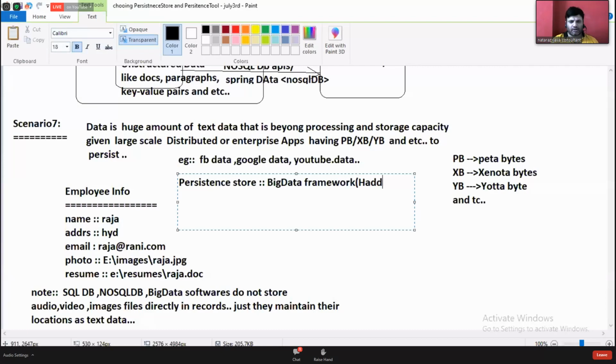Okay, Hadoop. Persistence logic. Logic environment. Big data frameworks. Again, same.